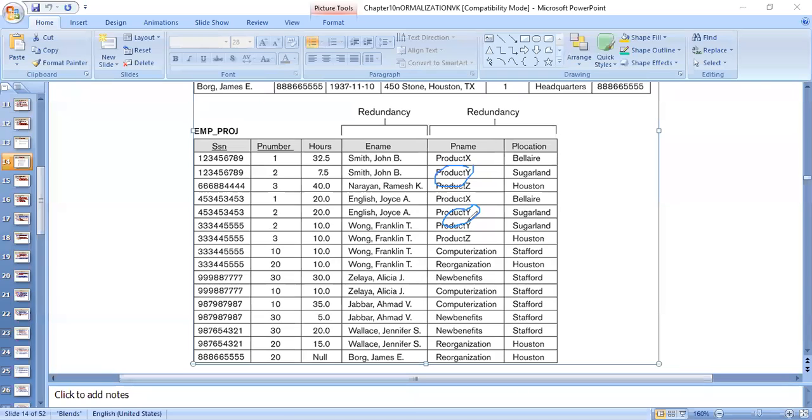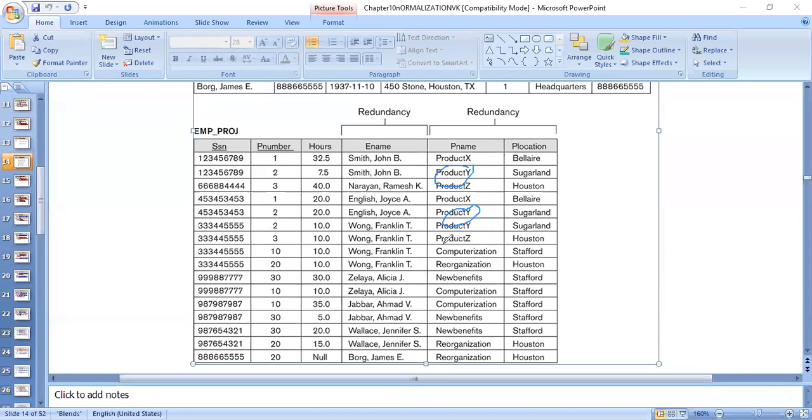Delete from table name where the condition. Suppose the condition is where project name equal to project Y. So when I delete, the entire tuple is going to go. So that means this particular project, when I delete, this Joyce A also will be deleted. Then this Franklin T will be deleted. John Smith will be deleted.